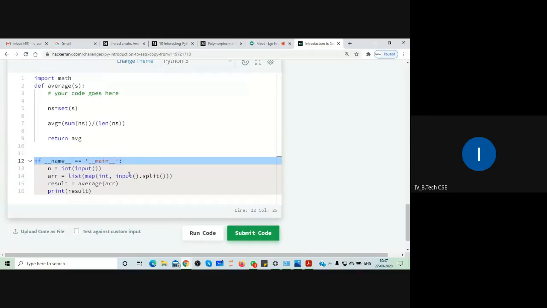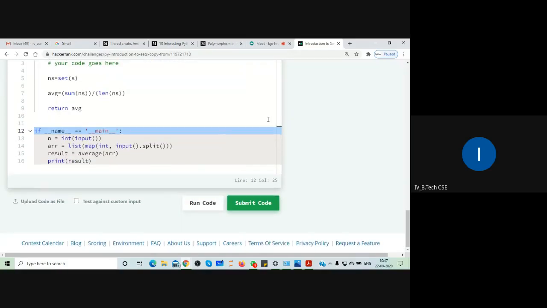First we take the input in a list, which stores the values in an array. Next we find the result, the average of the array, and next we print the result.